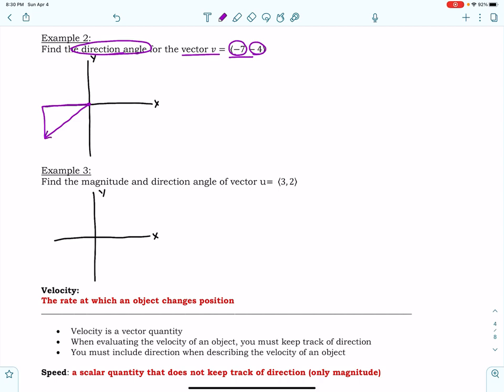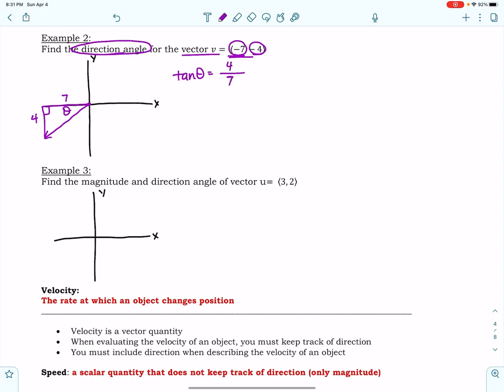Now remember, this is my vector right here. It's the hypotenuse of a right triangle, so we're in quadrant 3 because both of these are negative. So I move 7 here, 4 here, but remember, when these are distances, they are positive values. The negatives just tell us where to go, left, right, up, down. All right, so we label this theta, and then the next thing we're going to do is set up tangent theta, which equals opposite over